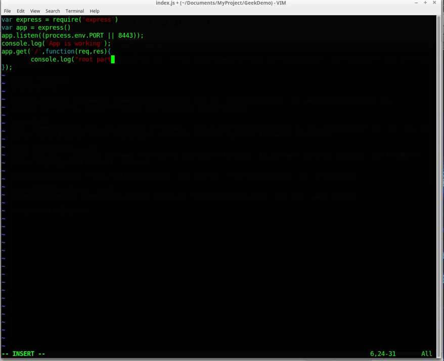This slash means only root path. So this root path is hit.